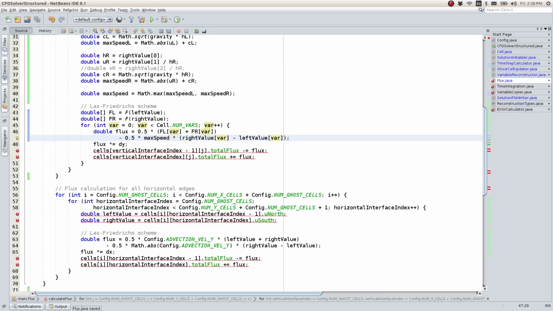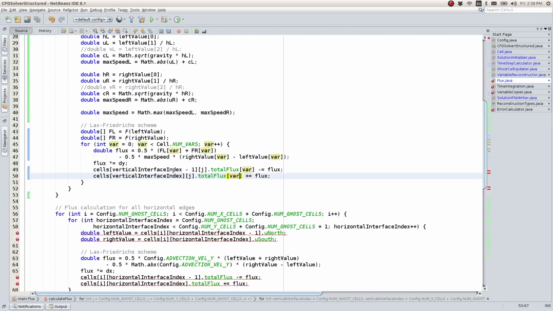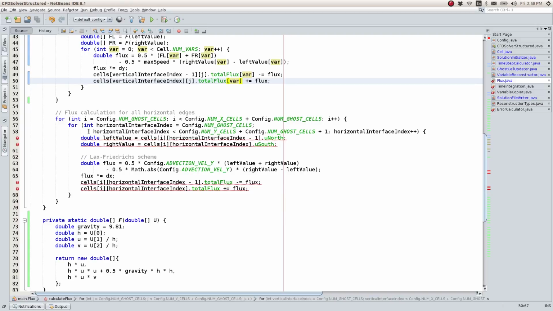And then we have flux being calculated. Whatever flux we get, we'll multiply it by dy and then the total flux for the variable is going to be added and subtracted. So we are done with the flux calculations for shallow water equations here, and the same thing will happen in